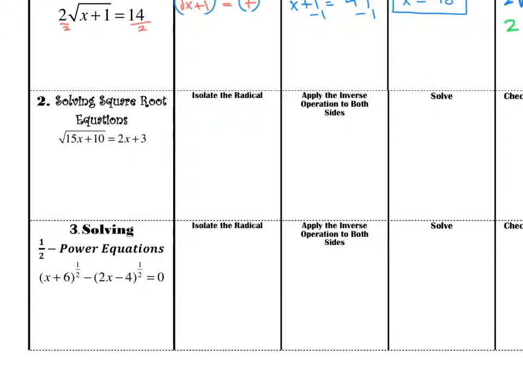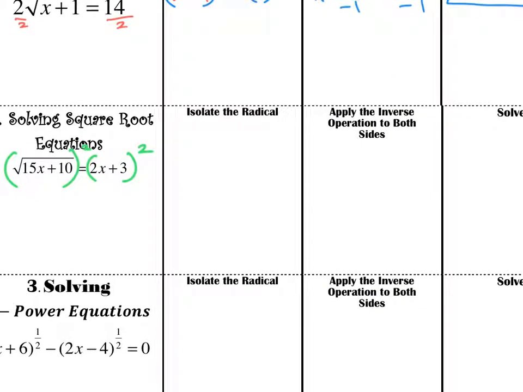Now here, the radical is already isolated. There's nothing added, subtracted, or multiplied that I need to move to the other side. So the first step is done. Now I need to square both sides to get rid of the radical. So I need to apply the inverse operation. Now when you square, the radical goes away. So I end up having 15x plus 10